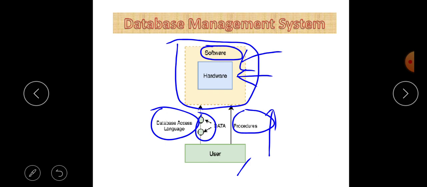So that is the whole process of our database management system. And database access language itself contains data. So these 2 points are also there.